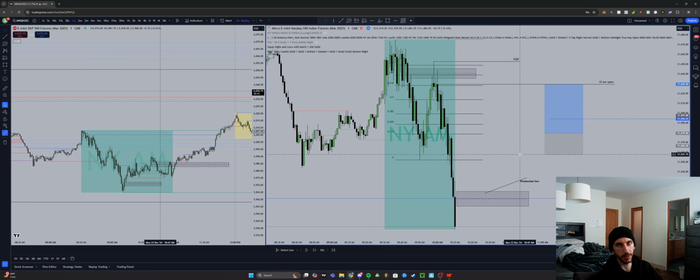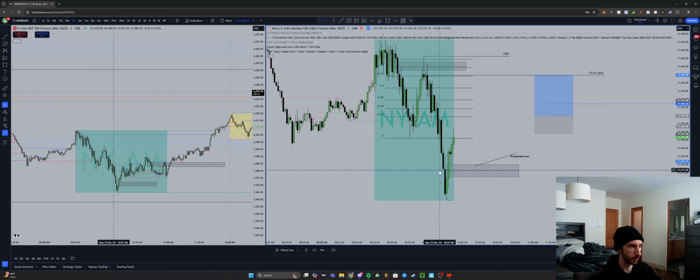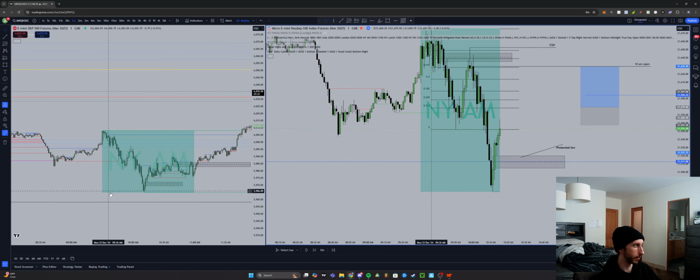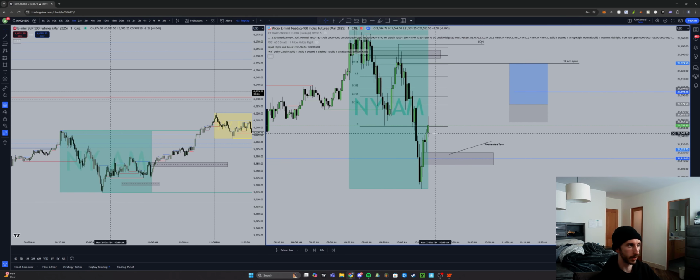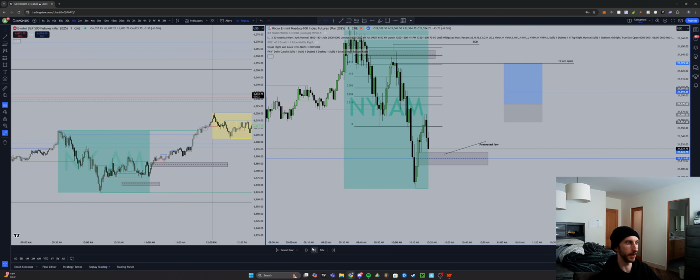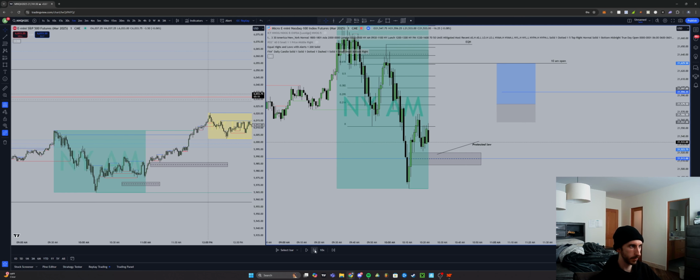Realistically, you just want to align the lower time frame with the higher time frame, and you will see a huge difference. So just keep on waiting. Now at this point, we've already tapped into our 4-hour inefficiency, and we did not have an SMT with that 4-hour gap. Both ES and NQ tapped it, and now I was just waiting for more confirmation, rejection, to see what we wanted to do, right? So we reject off of this mitigation here, and I'm just keeping on waiting.